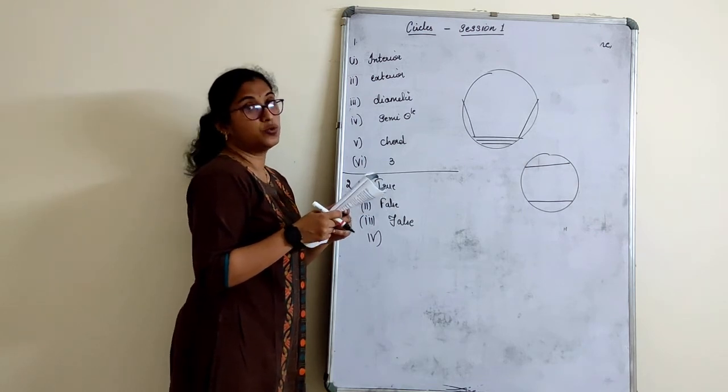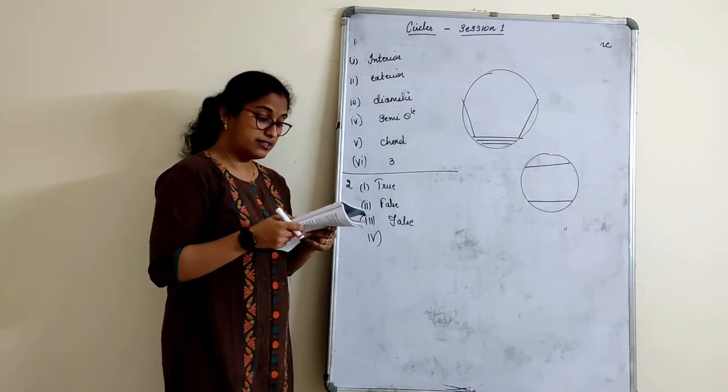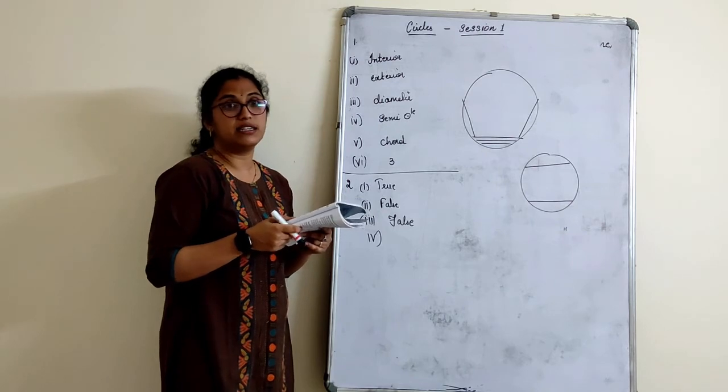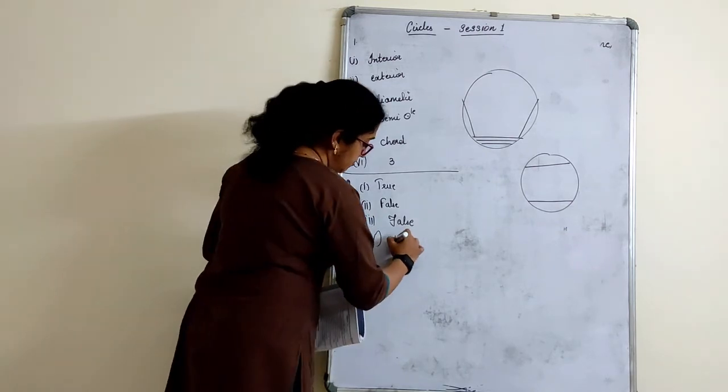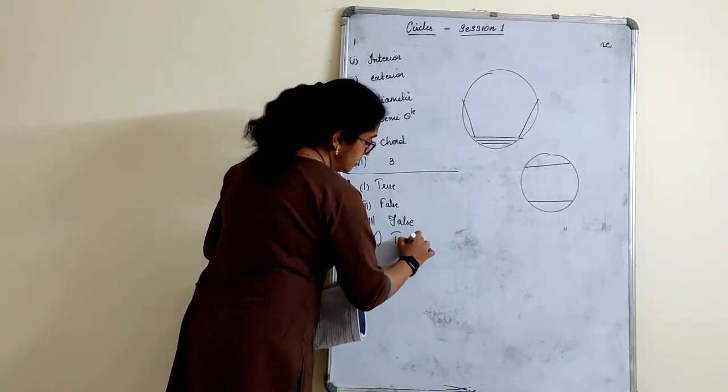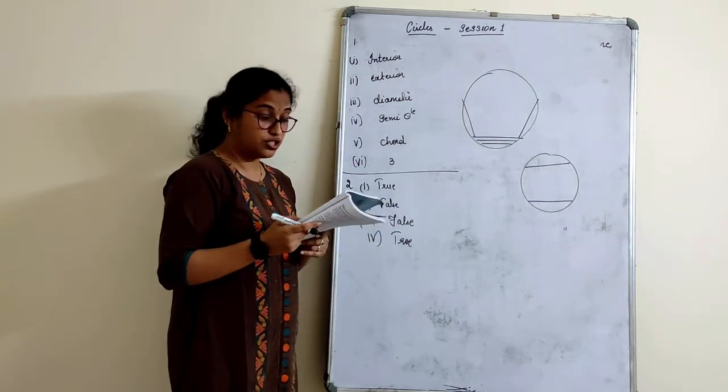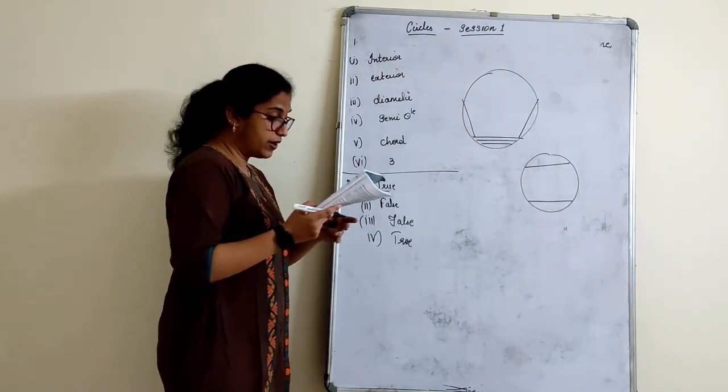Fourth one, a chord of a circle which is twice as long as its radius is a diameter of a circle. True. Which is twice as long as its radius is nothing but a diameter. That is true. Because that defines the radius and diameter relationship there. Fifth one,